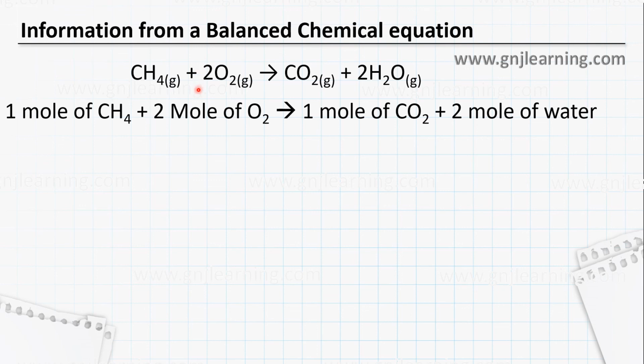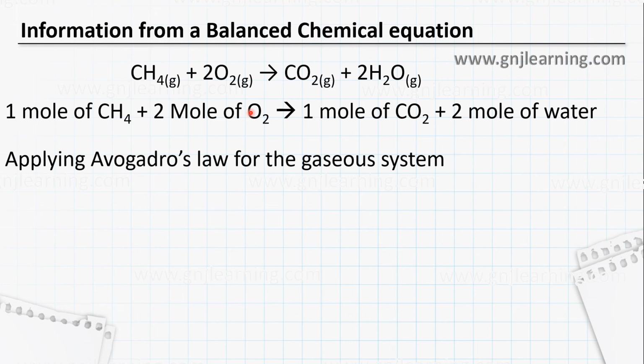So what is the coefficient? It's the number of molecules or number of moles of molecules that is taking part in the reaction. So from this stoichiometric coefficient, I can calculate the number of moles involved, or I can equate them. So if I am applying Avogadro's law,